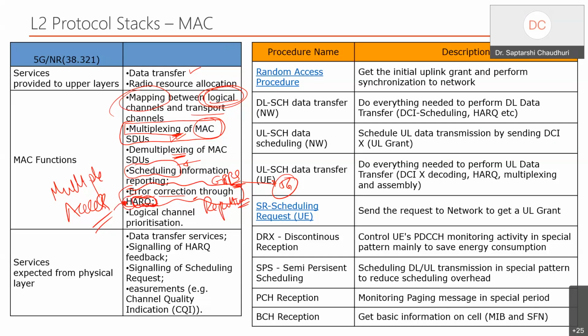So it triggers the physical layer to start the second retransmission if the MAC sees that the first transmission was reported as erroneous by the physical layer. So he does some magic over there, thinks, okay, let me change some of the redundancy version, and let me trigger the second retransmission, third retransmission, up to some nth retransmission that has been configured from the standard.